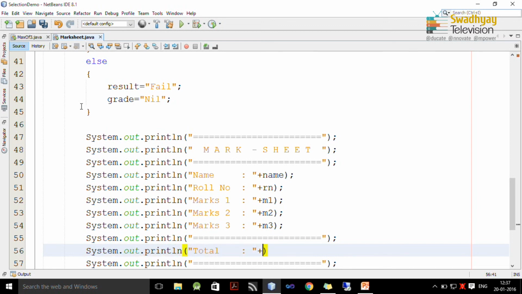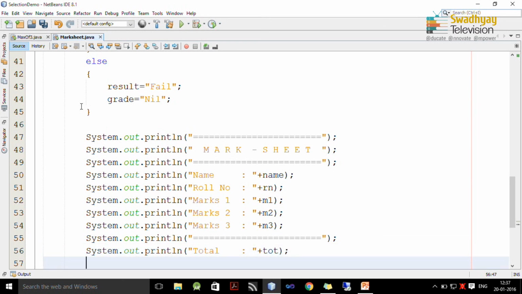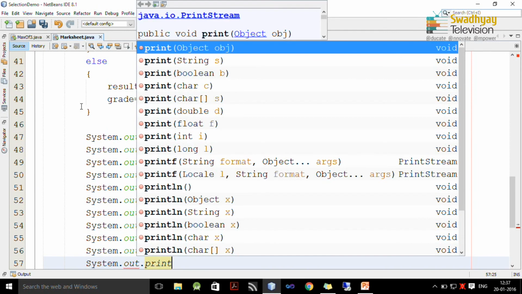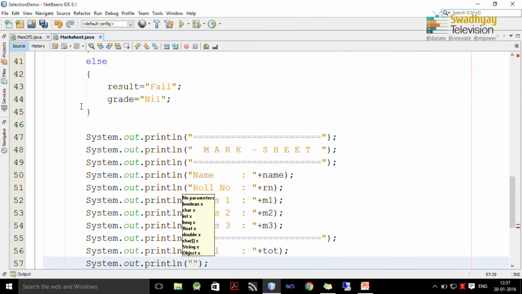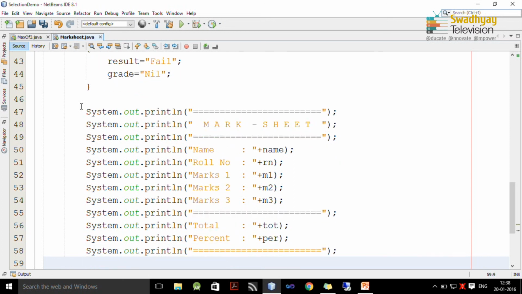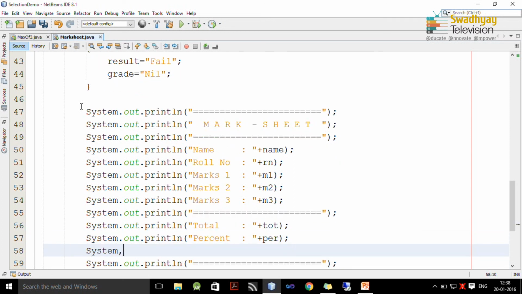Total is stored in TOT, then I display percentage, which is stored in this variable, and we also display result and grade.